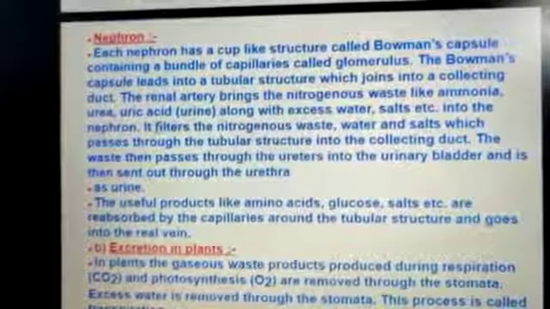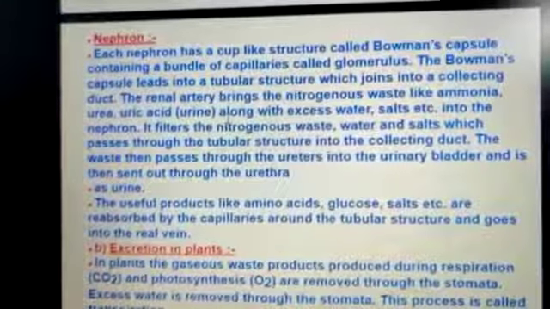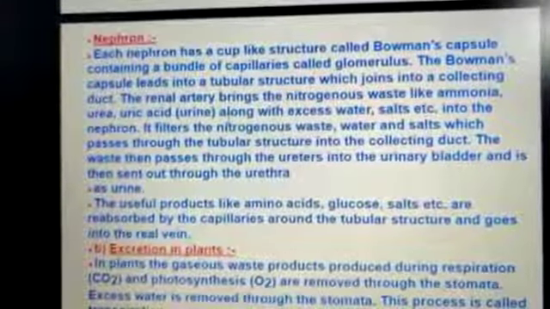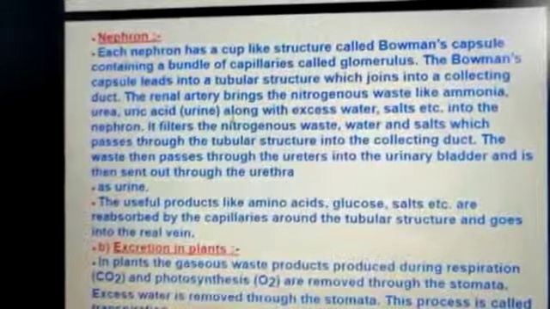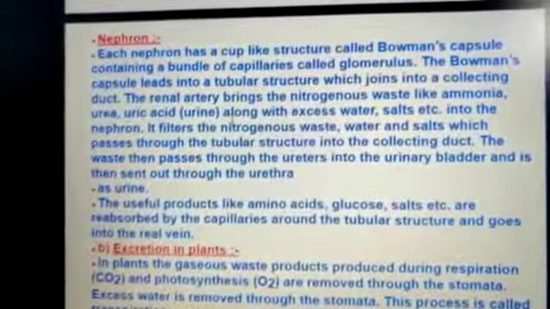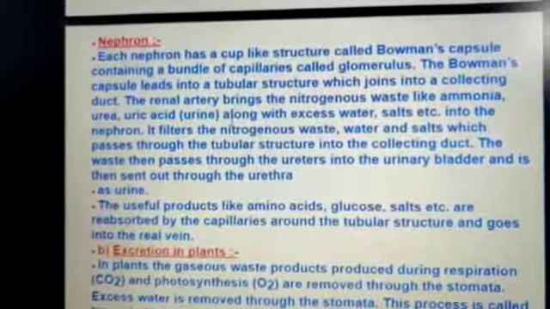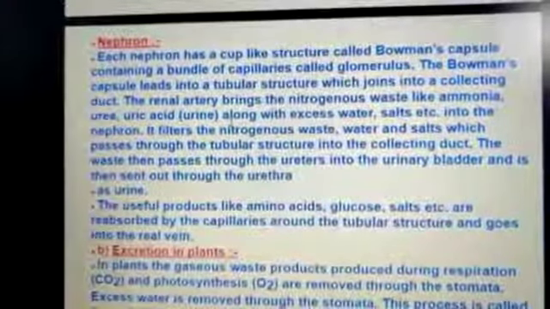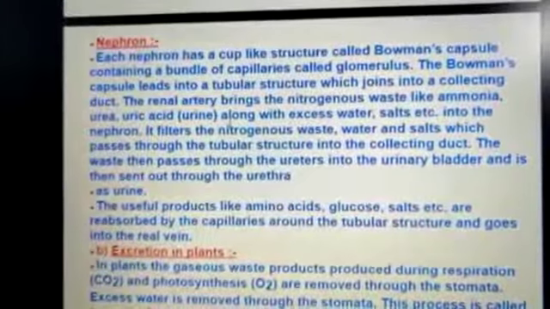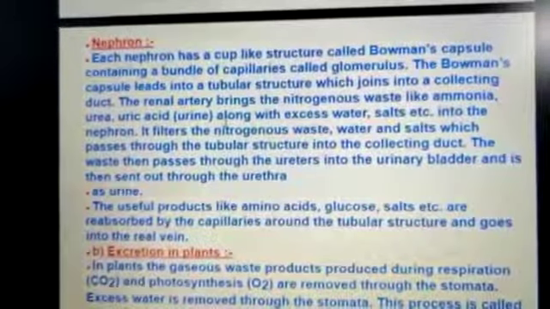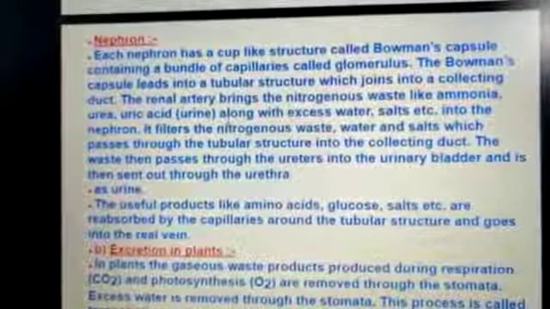The Bowman's capsule leads into a tubular structure which joins into a collecting duct. The renal artery brings the nitrogenous waste like ammonia, urea, uric acid along with the excess of water, salt, etc. into the nephron. It filters the nitrogenous waste, water, salts which pass through the tubular structure into the collecting duct. The waste then passes through the ureters into the urinary bladder, and every collecting duct is opening into a